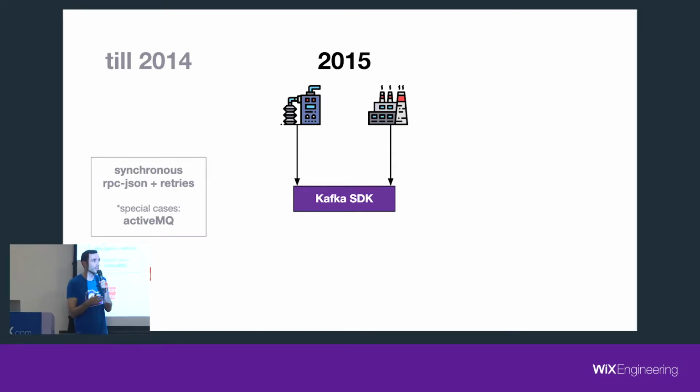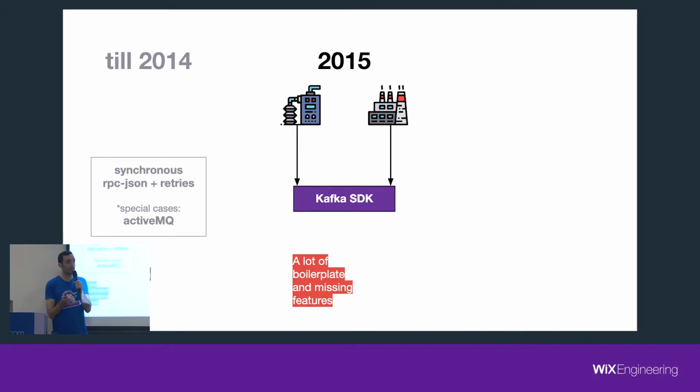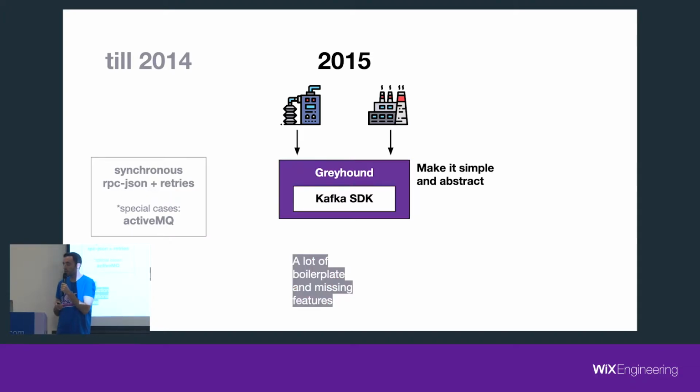So in 2015, we started using Kafka. And we looked at the Kafka SDK for the client, and we noticed a lot of boilerplate and missing features that we required. So we decided to wrap Kafka with our own library, which we called Greyhound. The reason was we wanted to make things simpler and abstract away the Kafka details for our microservices, and